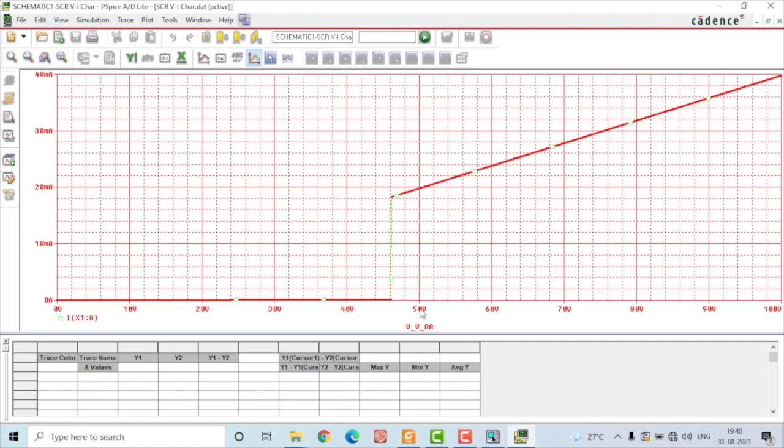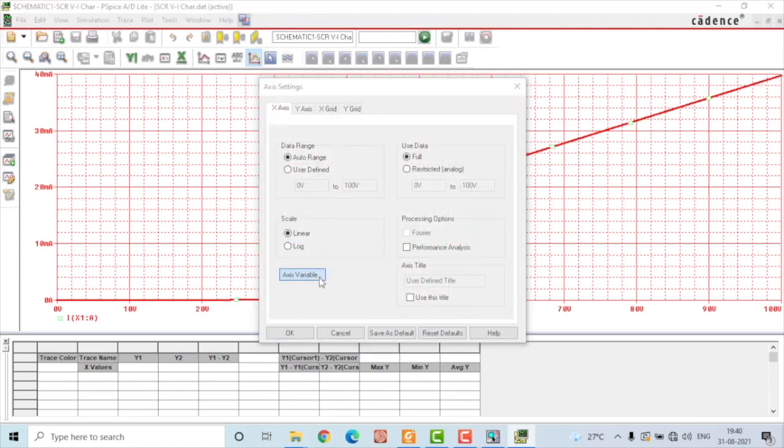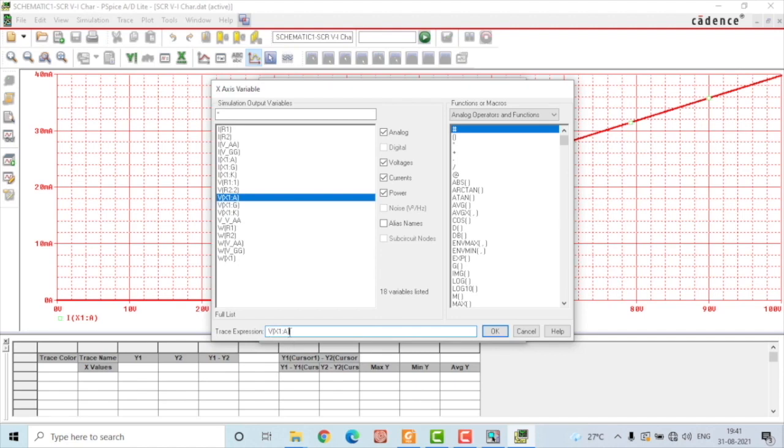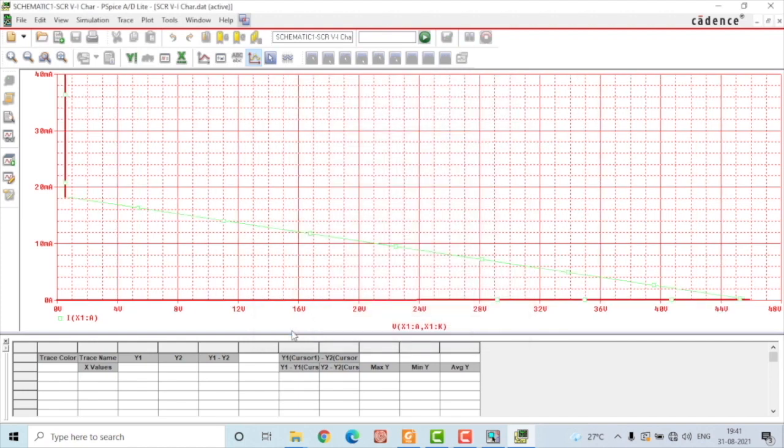All you need to do is simply double click on the x-axis, select axis variable. You can eliminate the aliases here, select Vx1a. However, it says only voltage across the anode. I want voltage across anode and cathode. So just modify the expression by adding the cathode as well. You just go and insert a comma, then once again write x1 colon and write k. So this is voltage across thyristor's anode and cathode. Press OK. Press OK once again, and you'll immediately see the waveform has now changed to the forward characteristics of